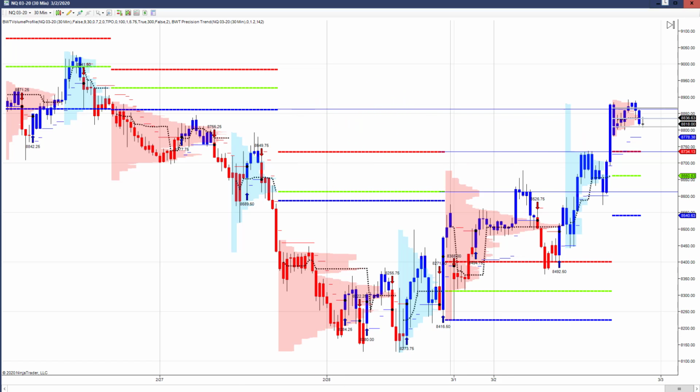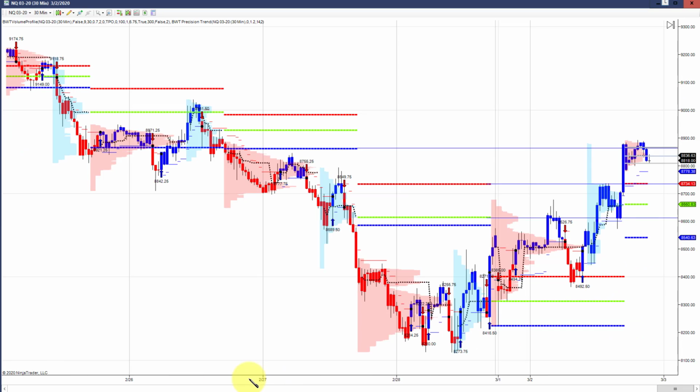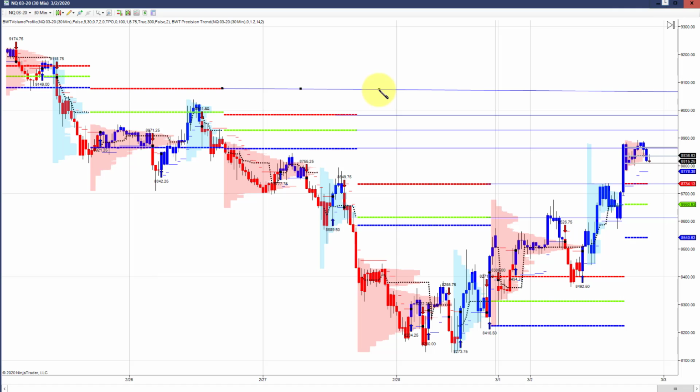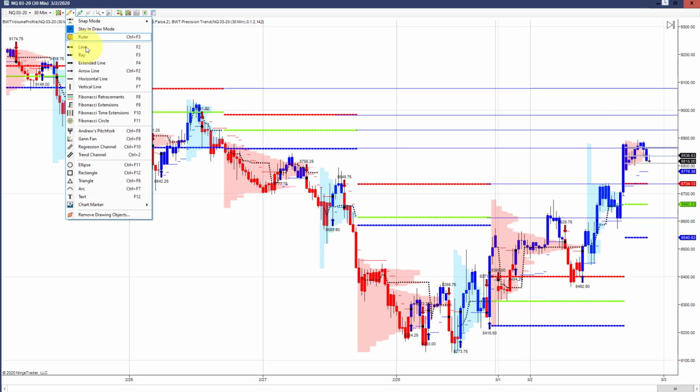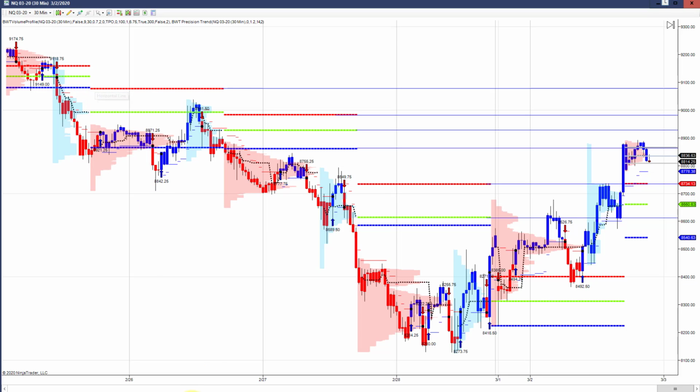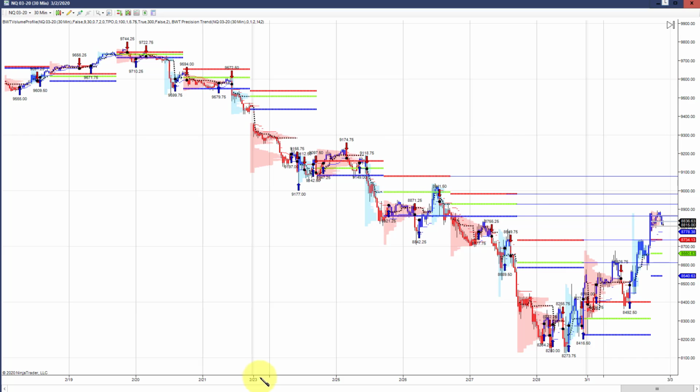But the highs and lows of the value area going back a few sessions are very valid levels that the market is going to respect. So if we just drew these levels across, these are all areas of interest, and the market will respect these levels. Now, you've heard me say in the past that another easy way to draw support and resistance is at